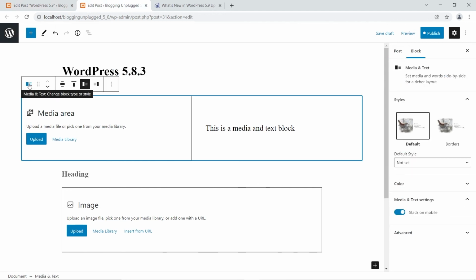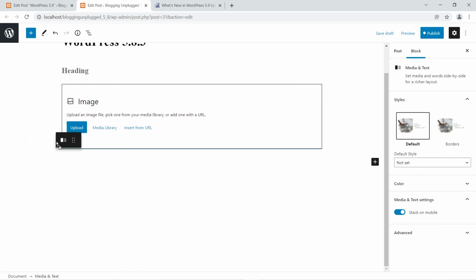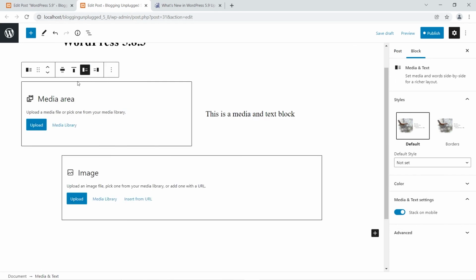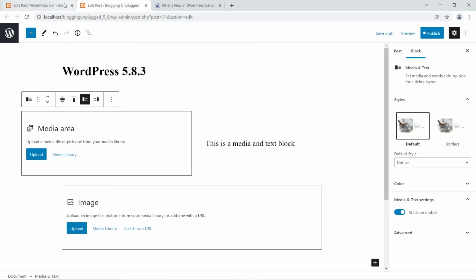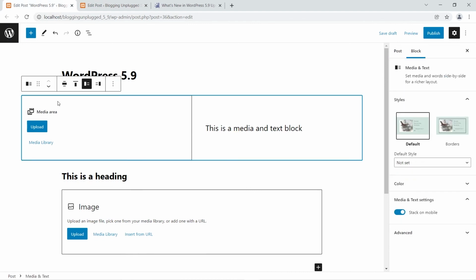Let me just select this block. Let me just drag it right below this. Okay, you can see the insertion line is not that prominent. I can drop it over here and that's it. I do see it, but it can be missed. It's not that prominent. Now let's just go to 5.9 and